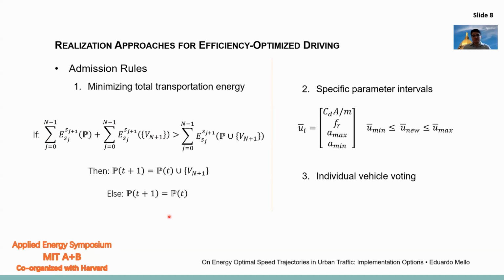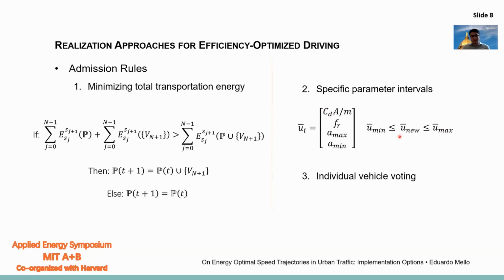A second rule is named specific parameter intervals, and in this rule, as the name says, we define a minimum and maximum for the parameter set of the vehicle. For example, we can define vehicle parameters such as the ratio CdA over M, the rolling resistance, the maximum acceleration, and the minimum acceleration. And if the candidate vehicle has parameters that lie between those two thresholds, then the vehicle is accepted to the